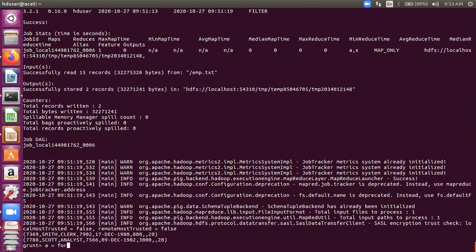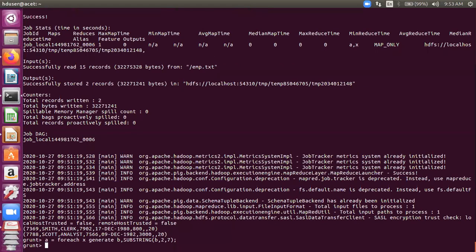So for each x, let's generate the name, and then let's use the SUBSTRING function on name. Let's use 2, 7. Okay, so I'm extracting all the characters in the string b, that is a name, starting with the second index.